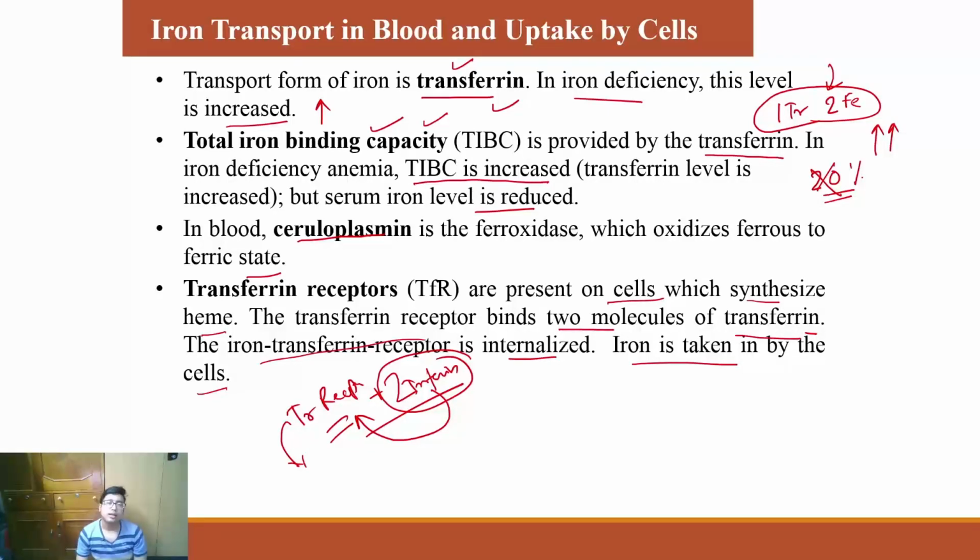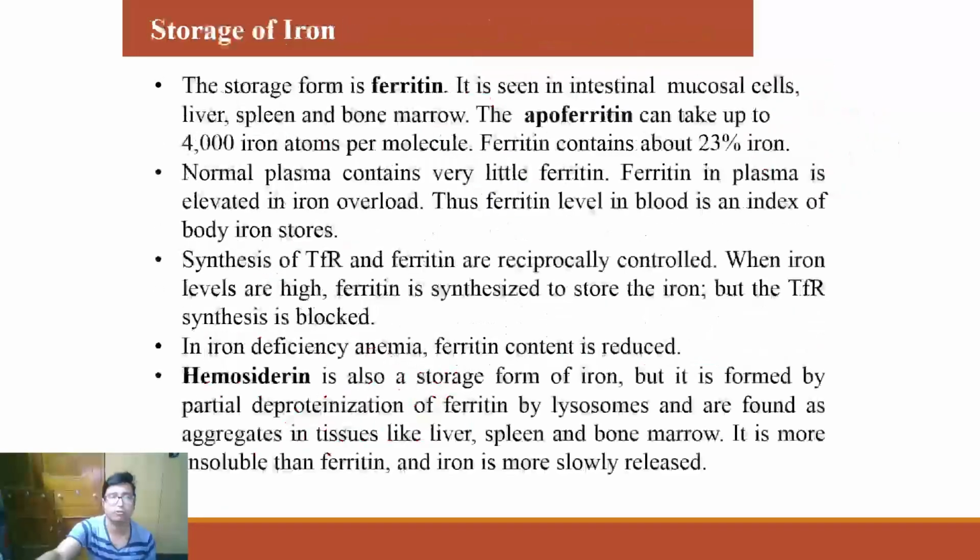This is not easy. There are a lot of steps. There are multiple interconversions of iron from ferrous to ferric, ferric to ferrous. So please practice this section by writing it over and over again. This is a bit difficult compared to regular vitamins, which were actually easy to remember. This is often confusing. Just remember, iron crosses the cell in ferrous form, and it is transported and stored in ferric form.